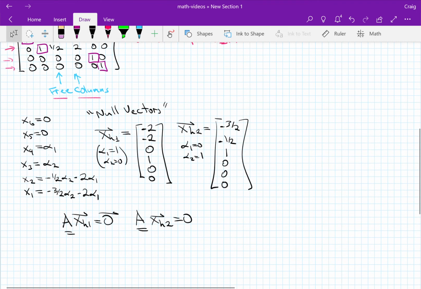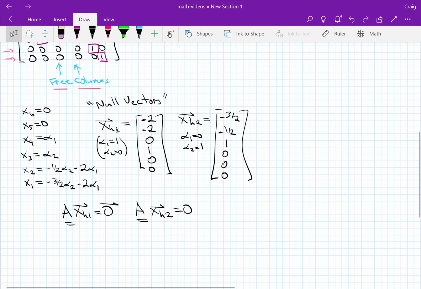If you put them into a matrix, you can see that there'll be two leading ones in reduced row echelon form. So these guys are linearly independent, and so they make a basis for the null space. So x1 homo, x2 homo is a basis for the null space